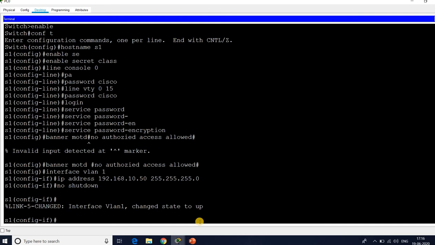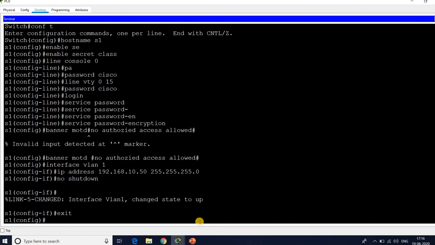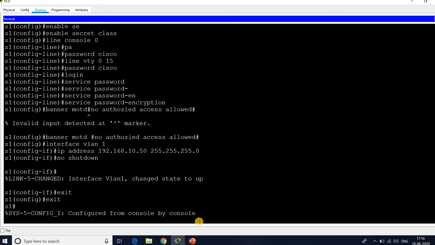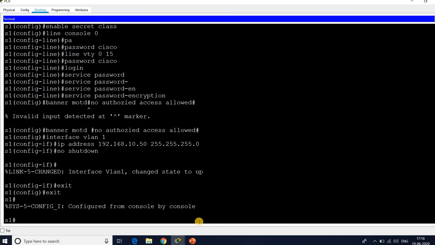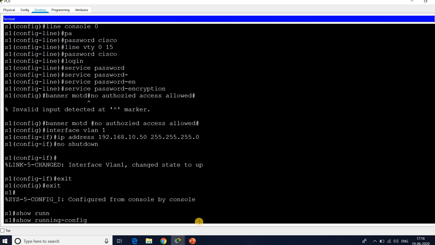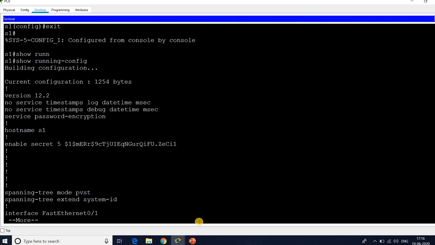To view device information, we want to go to the user privilege mode again. So you can exit, again exit to go back. Now we can use the show running-config. The show running-config shows the router or switch current configuration.